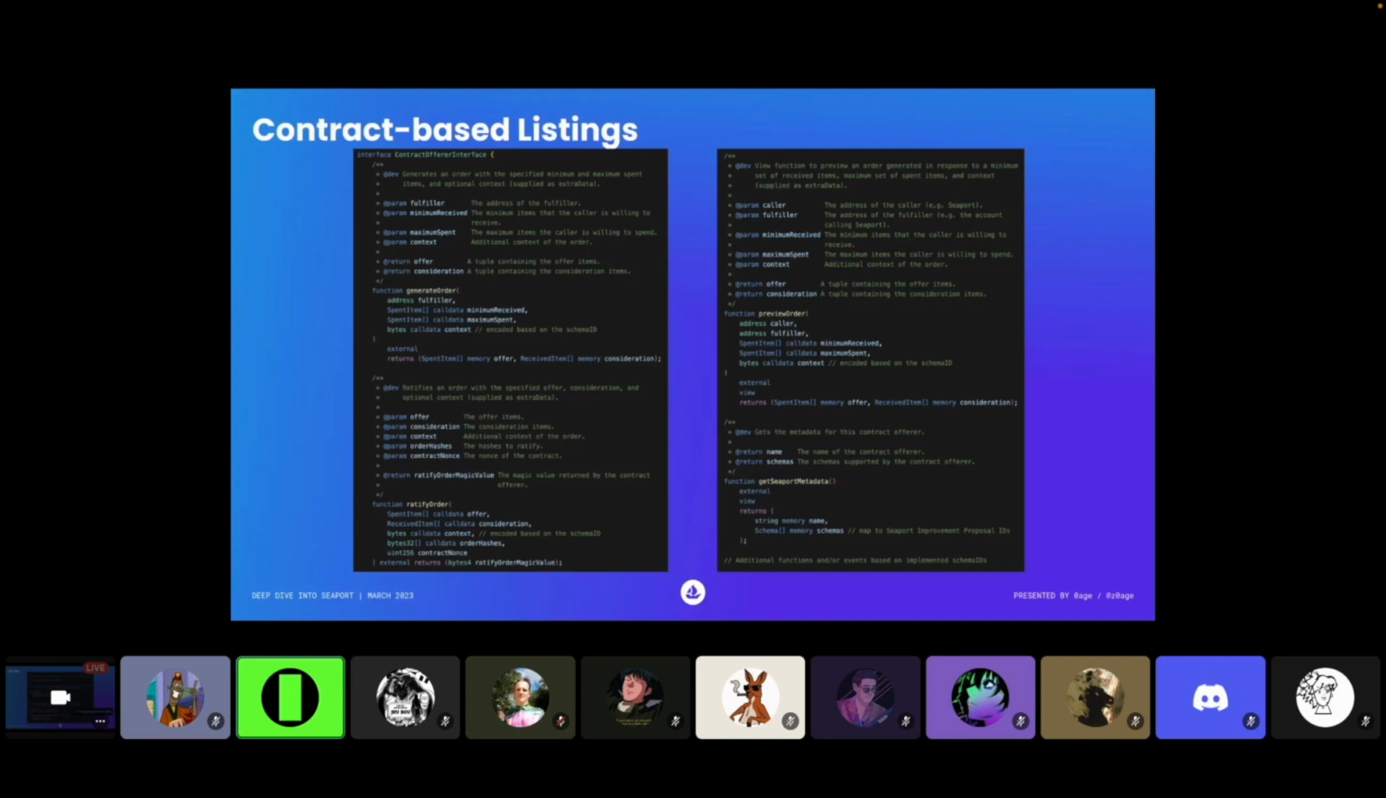And then once all of those executions have been completed, Seaport will follow up post execution and call ratify order, which enables the contract offerer to clean up, modify state, and so on and so forth. There's also a preview order function so that you can do a dry run, mainly meant to be called